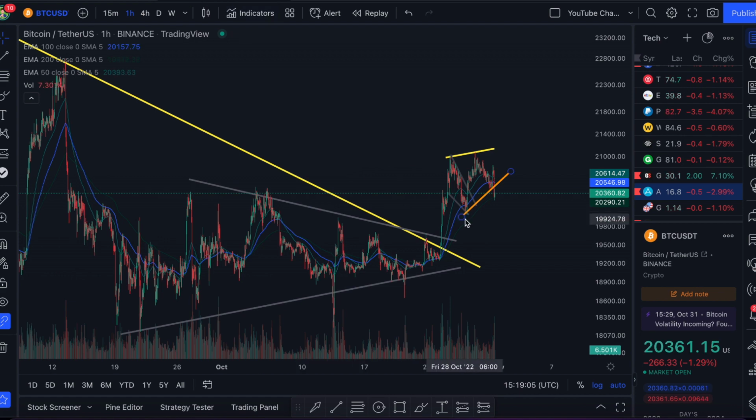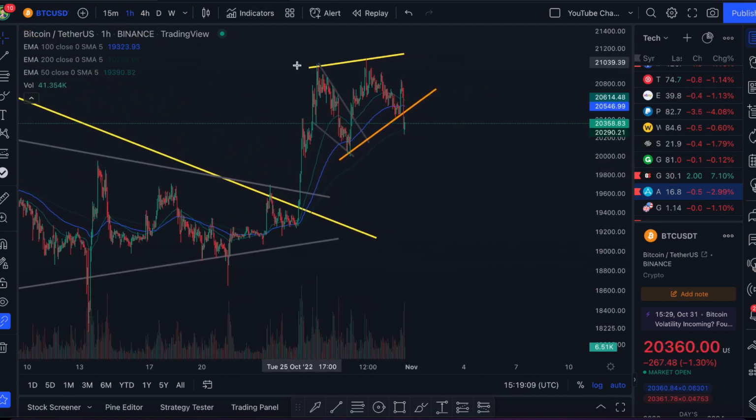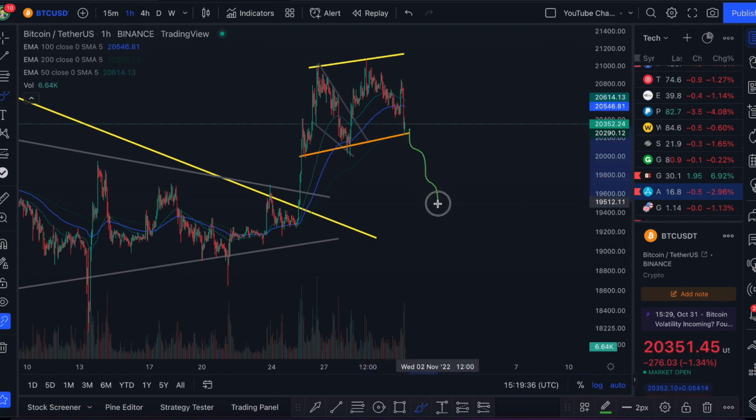But at the current moment here on Bitcoin, it looks like we are breaking down from what appears to be some sort of double top. So you see there's 2 peaks that have come up on Bitcoin. We've seen the price come down to a neckline, which is where the price dips to after the first peak and before the second peak, and we can draw a neckline that looks like this now. And of course, if Bitcoin does break below this neckline, so something like this for example, then the price target would be around 19,400,